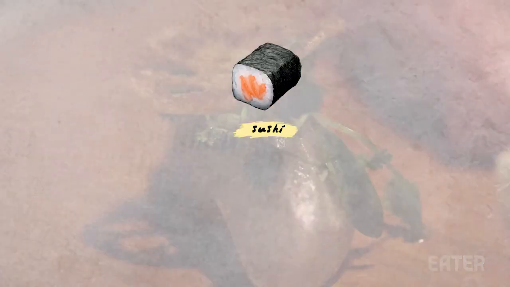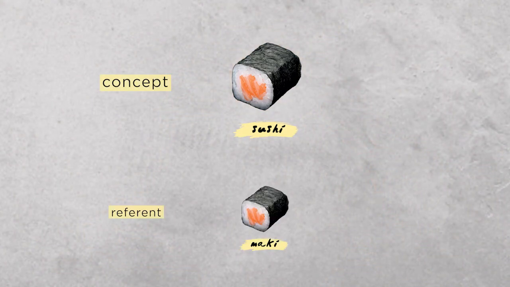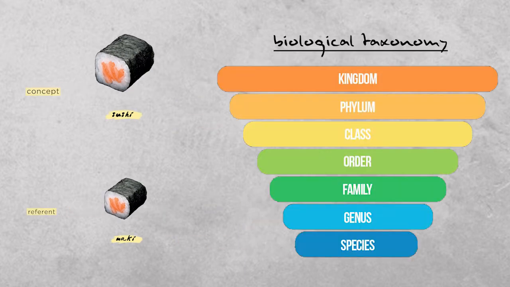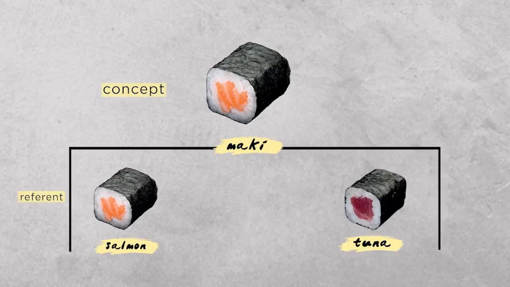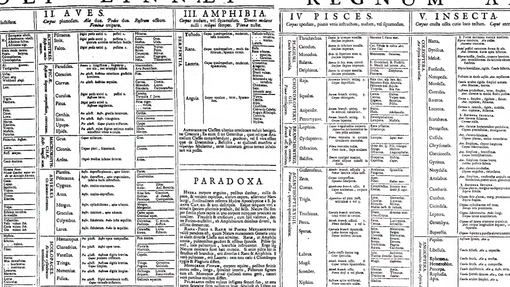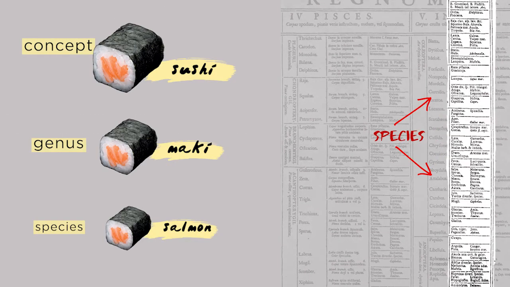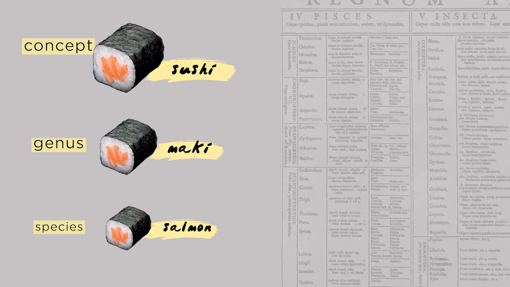Let me say really quickly that it's important not to mistake the terms concept and reference as levels of categorization. They don't identify the subject's place in any order. The two terms simply point out how the meaning of the thing that you're talking about changes in relationship to other things. In critical thinking, you simply have to focus on the level of concept, genus, and species. The referent of a concept are all the things represented by any of these two levels.